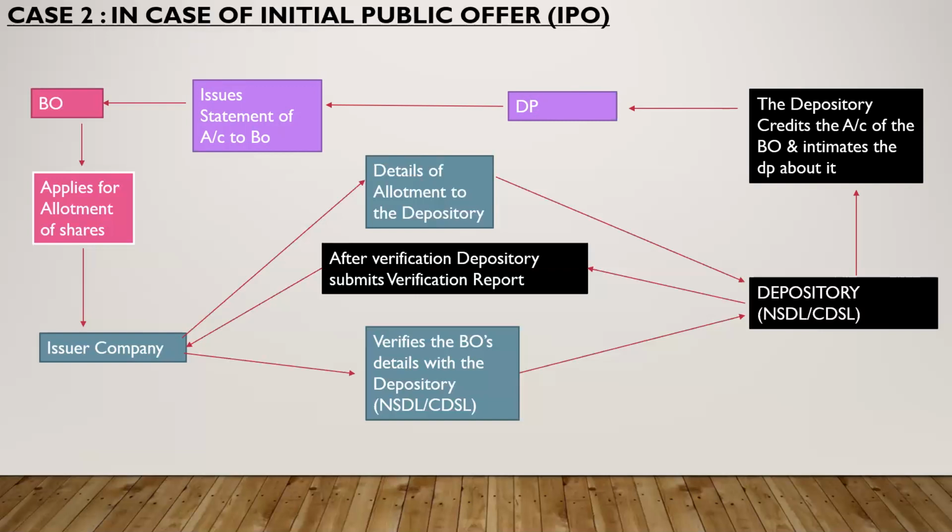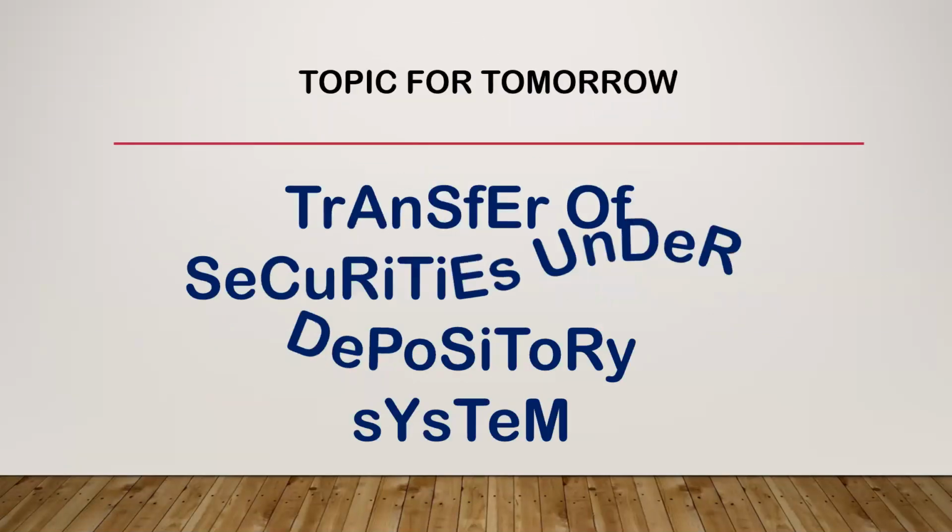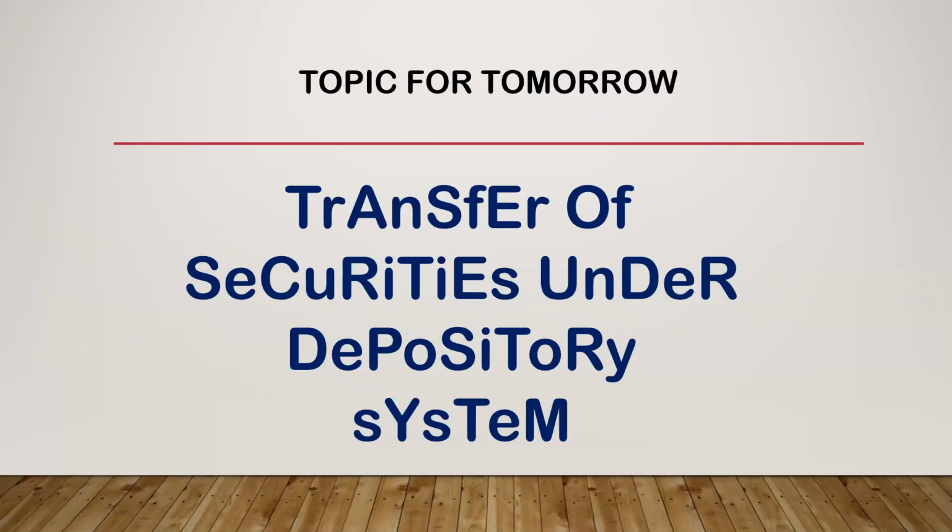So in this way, during an IPO, the functioning of the depository system happens. Though the procedure is long, the issuer company doesn't have to take the burden. They don't face so much trouble covering every piece of information, correct? Because most of the information is handled by the depository along with its agent, the DP. So are you all clear, class, with the two cases of functioning of the depository system? So we stop here for today, correct? Small topic, but yes, we'll go slowly so that you follow each and every topic.